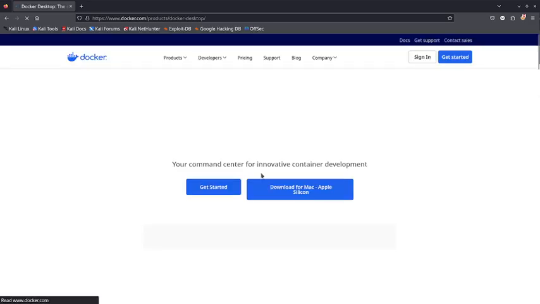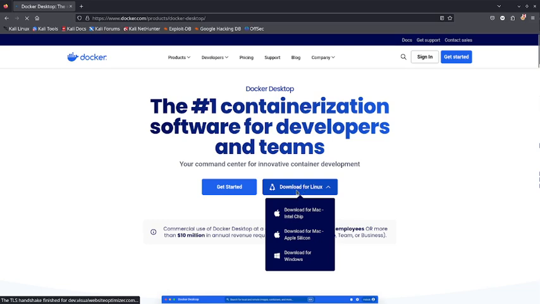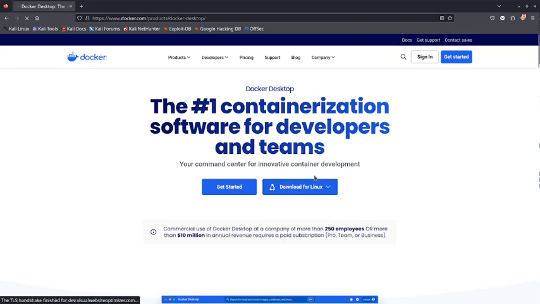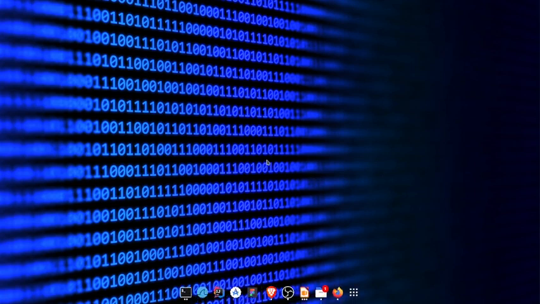After you do that, this website shows you that you must click on the Download for Linux button, and then again you have to